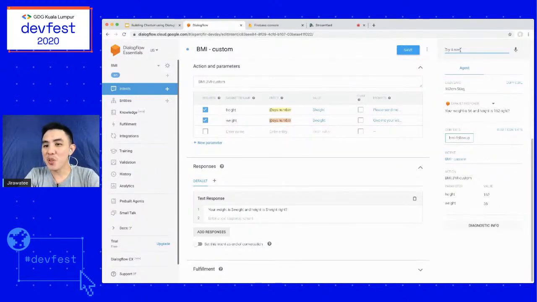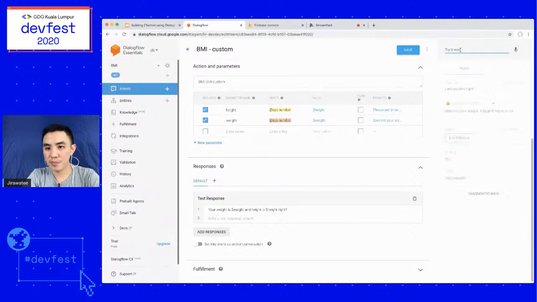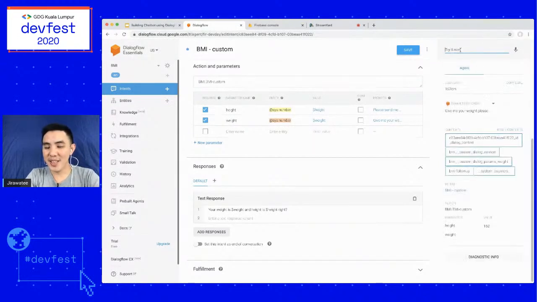Correct, right? Let me try another use case that people only set weight or height, not send it. Don't send both at the same time. So let me try. I am too thin, right? And weight and height again. I only send 162 cm. You see,